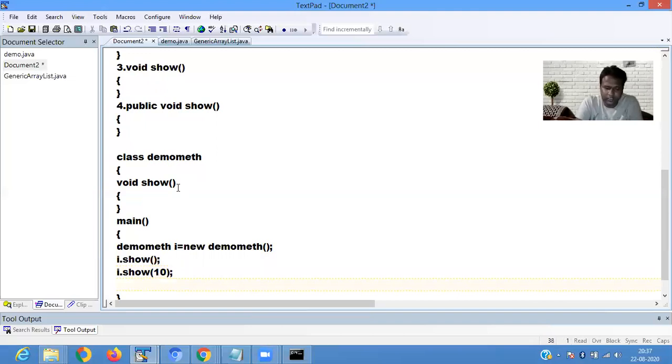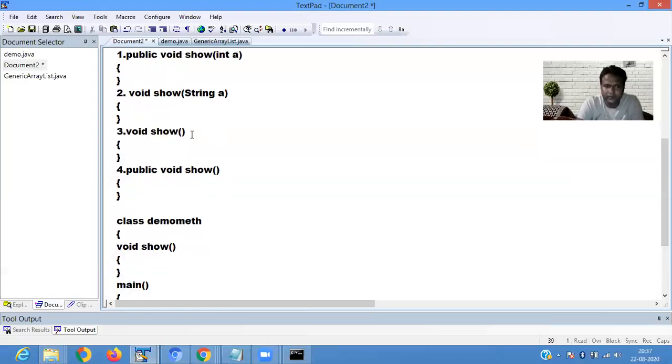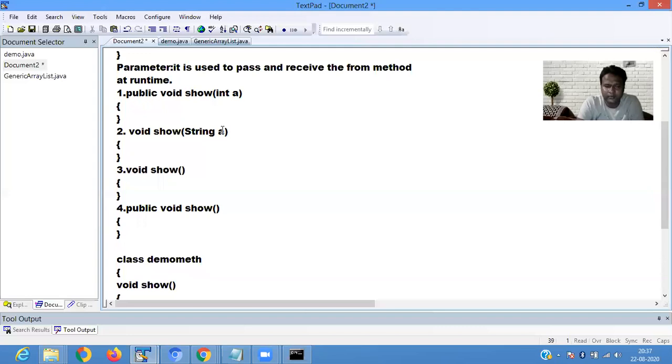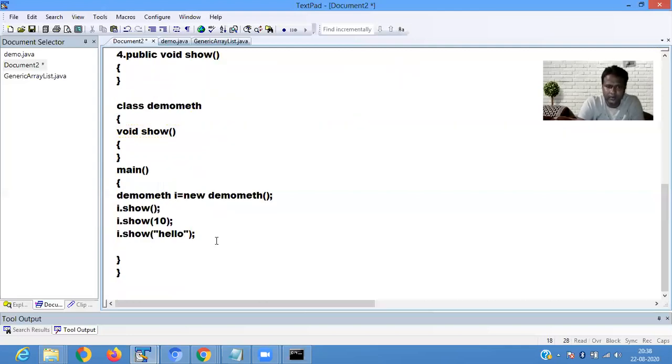If the function has a string parameter, then you can pass a string, here hello. And if you have two parameters, like string a and int b, then you have to mention here i dot show, and pass a value like 40.